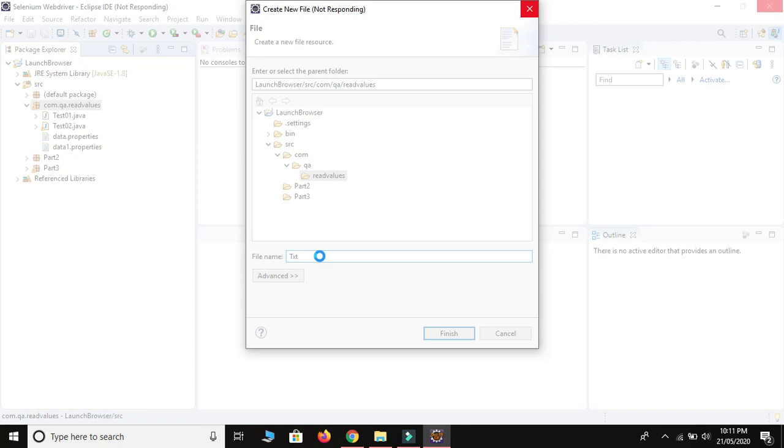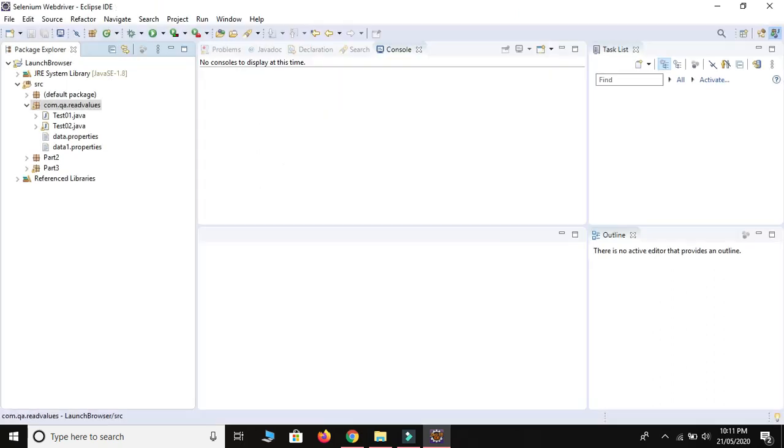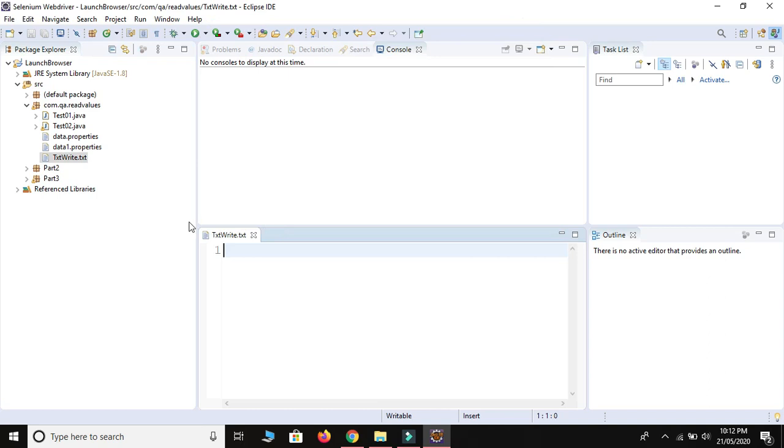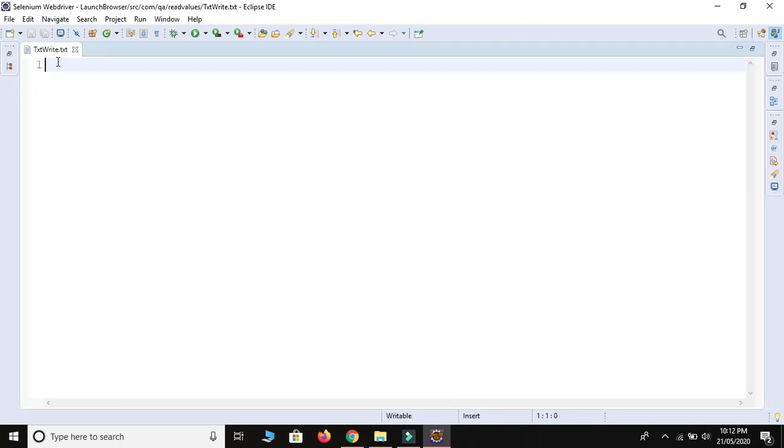Dot txt is the extension of a txt file, a Notepad file. So I will create one file. This is the txt file. Now the file is empty.